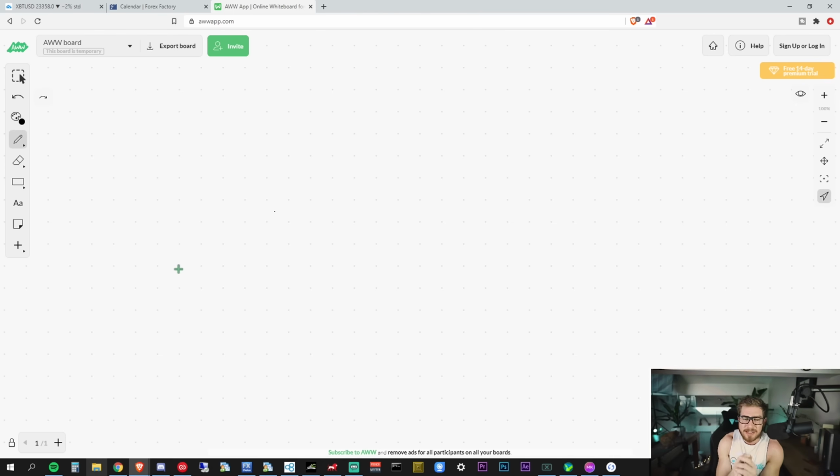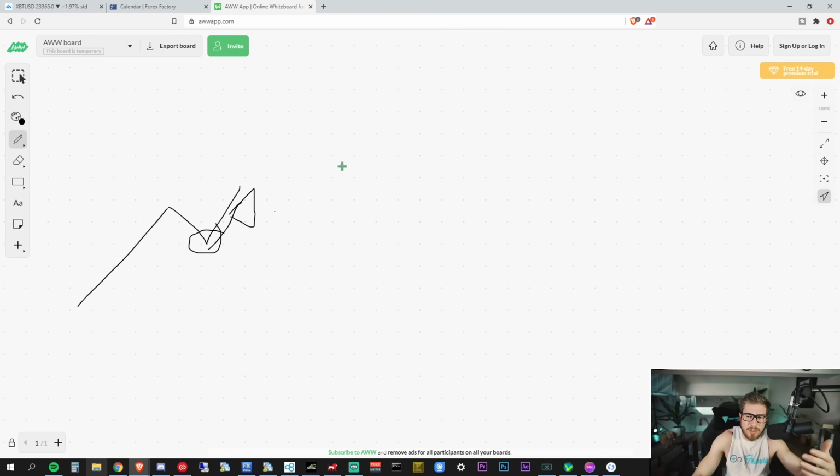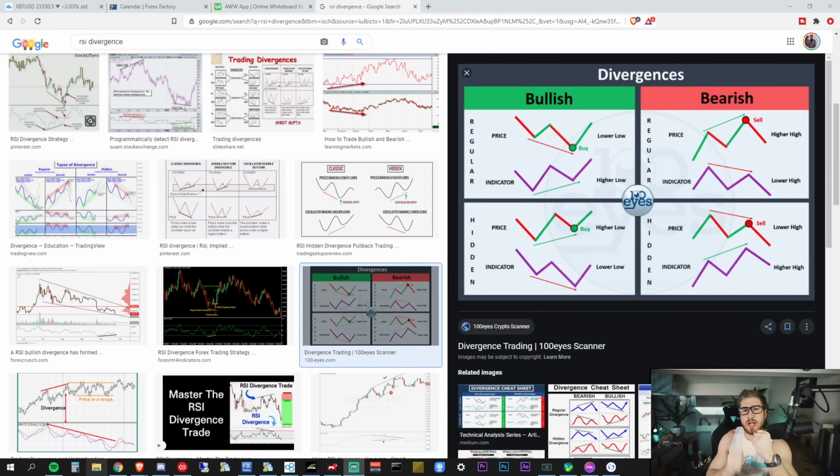So what you ideally want to be looking for if you want a higher probability is a higher time frame pullback and then the RSI change back into the trend here. If you guys are doing this the other way around, you're going to be looking for these reversals here. That's not necessarily going to be the best way to do it, but you can get bigger swings this way. So that's how I'm breaking it down right off the bat. If you guys want to be more accurate, you're going to have to look more like this style, following that uptrend.